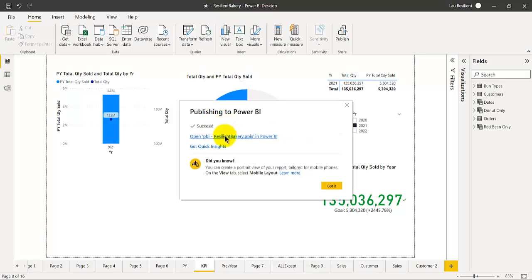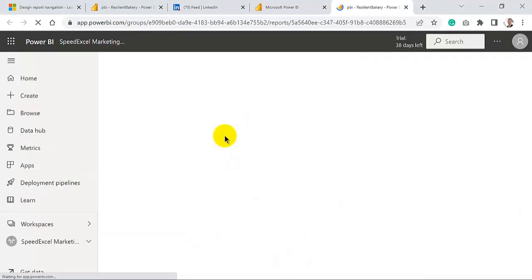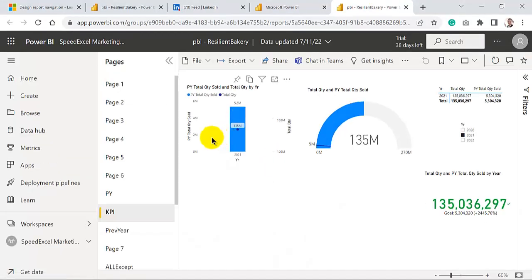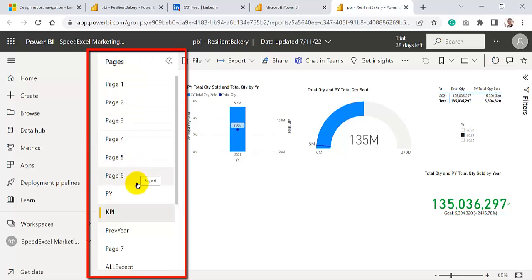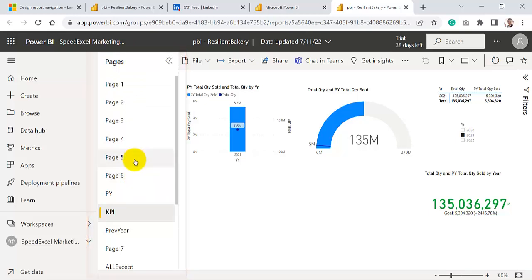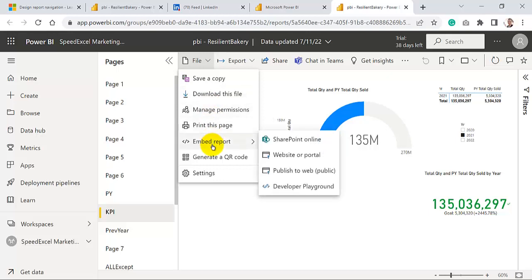Click Open. It will now load all the Power BI reports. So you can share one particular report to the public by clicking on, for example, I want this report page. So I go to File, Embed Report, choose Website or Portal,